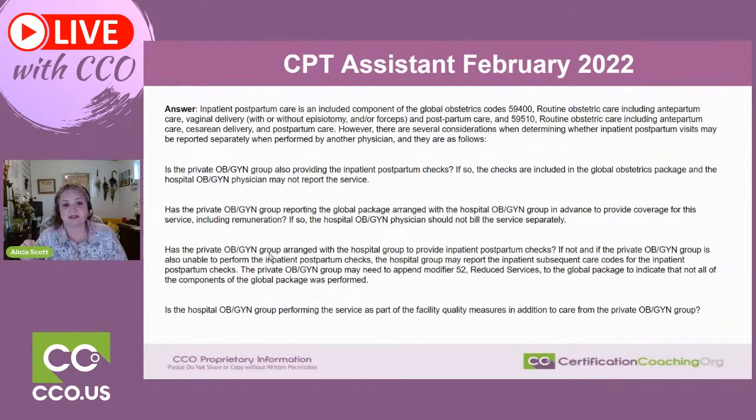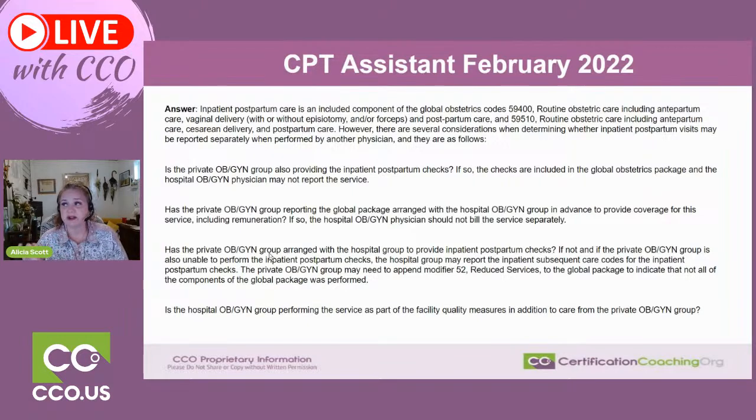Now, I had to make this a smaller font. I hope that you can read this okay. But since this will stay up, you'll be able to go in and look at this and maybe make it bigger on your screen. Well, what CPT Assistant stated was for inpatient postpartum care, when it's included as a component of